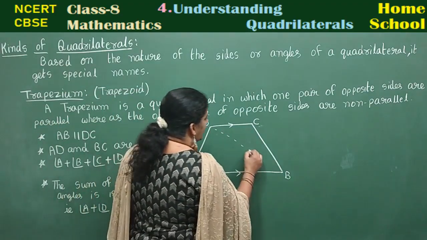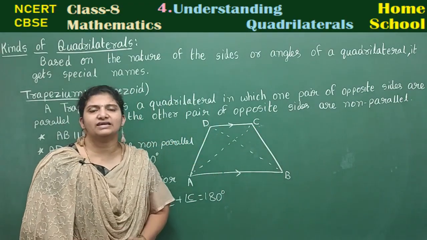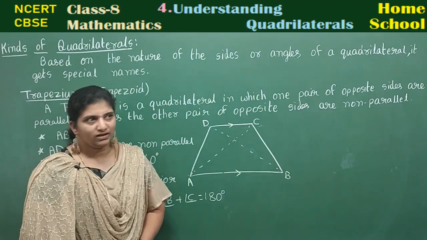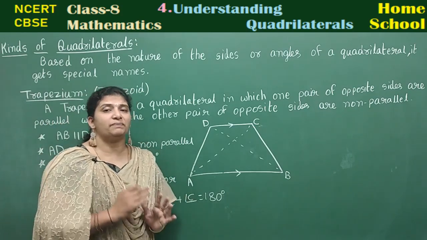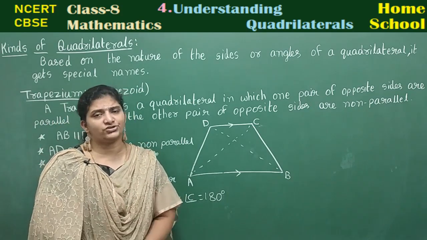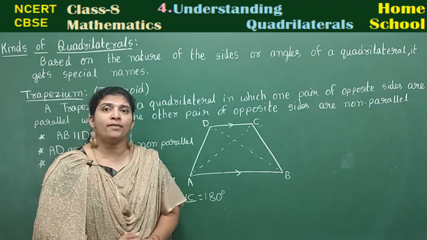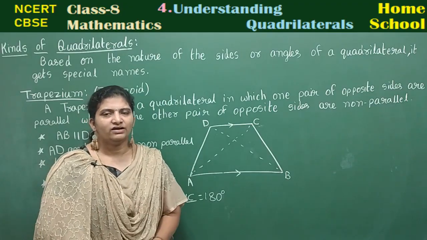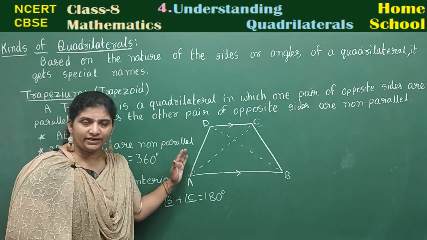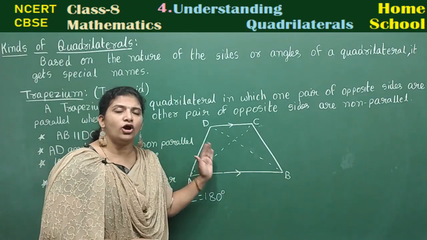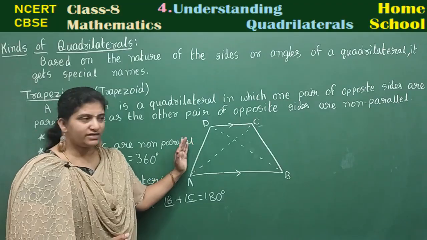And you can draw the diagonals. A trapezium also has 2 diagonals. BD and AC are the 2 diagonals in this trapezium. Right? One condition you need to understand: this trapezium, we call it an isosceles trapezium when the non-parallel sides are equal in length. Which are the non-parallel sides here? AD and BC. If the non-parallel sides of a trapezium are equal in length, we call that trapezium an isosceles trapezium. That means AD is equal to BC.